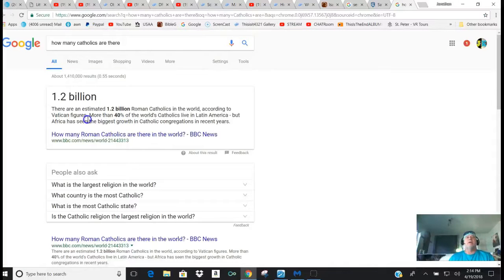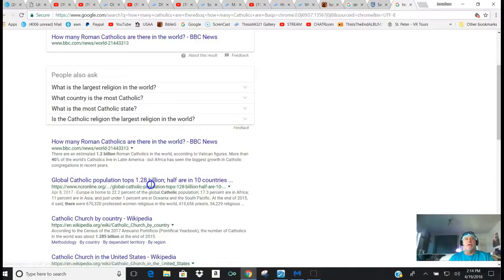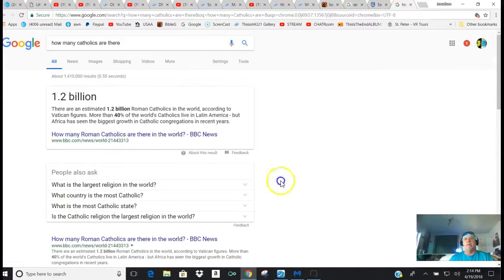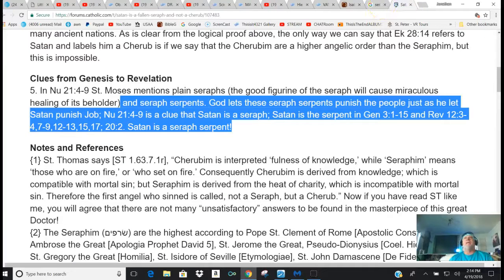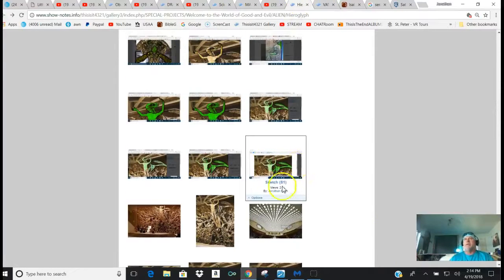There's 1.2 billion Roman Catholics in the world, according to Vatican figures. More than 40% of the world's Catholics live in Latin America, but Africa has seen the biggest growth in Catholics. Okay. So I read there's over 2 billion before, but right now we're looking at 1.2 billion people. So 1.2 billion people have a really big problem because